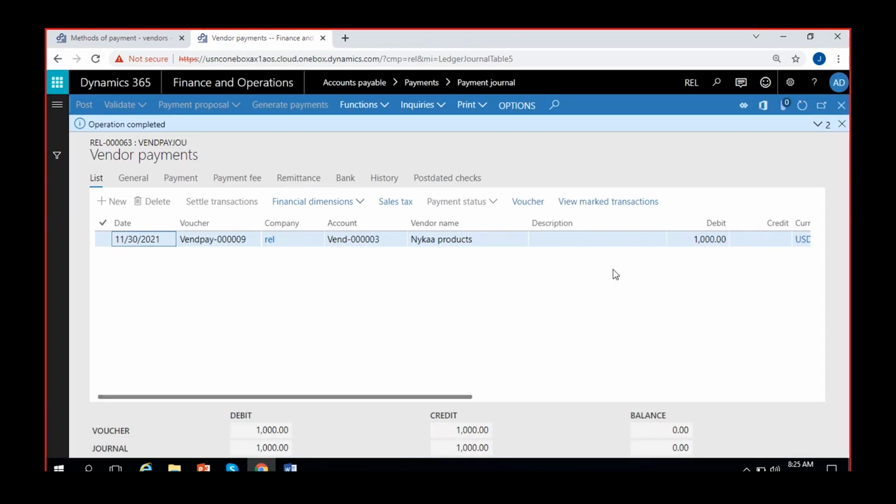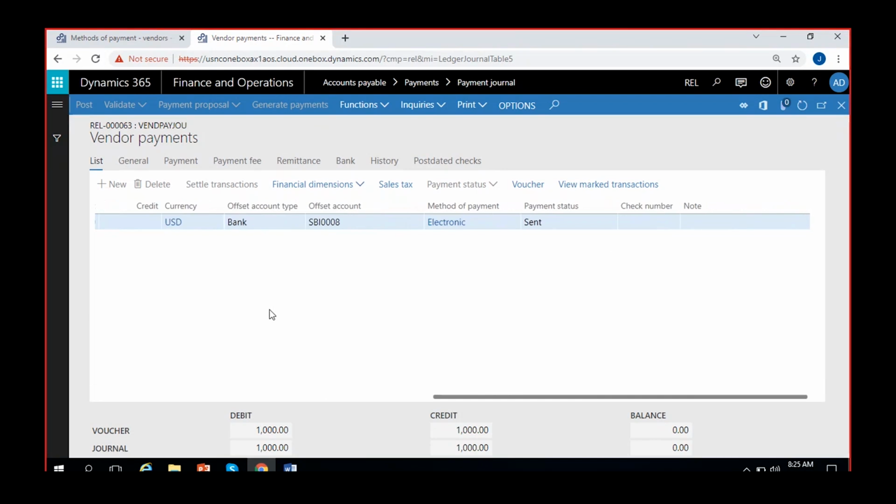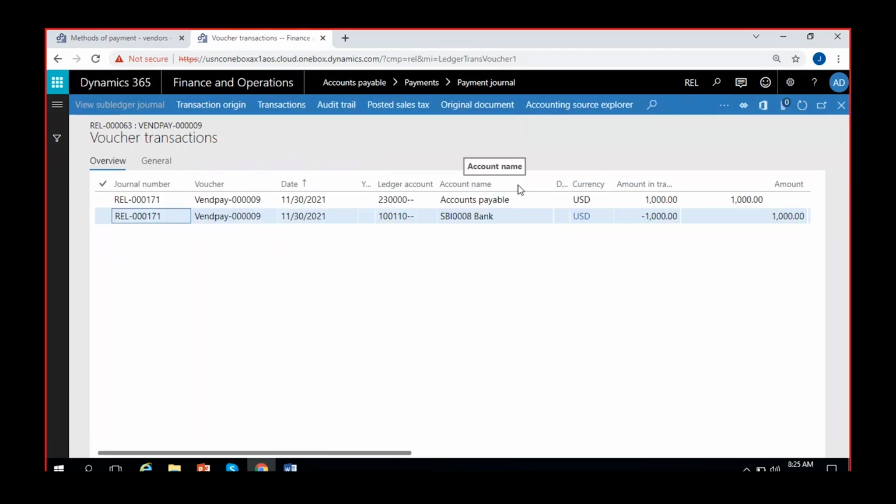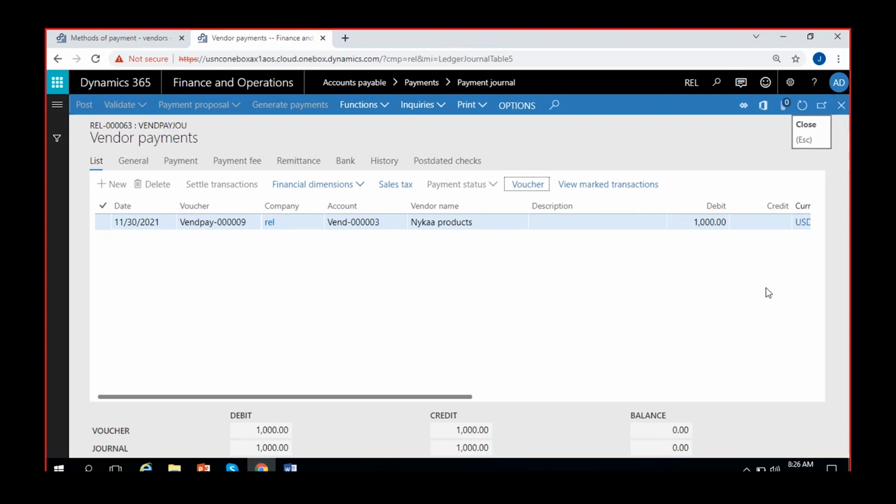Done. It is posted. You can see the voucher too. Accounts payable is debited and the bank account is credited. That's it. So since this is completed,